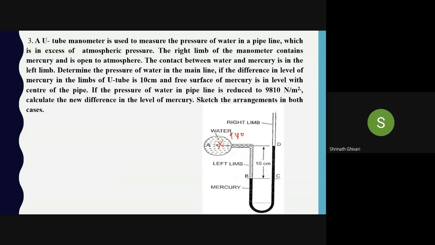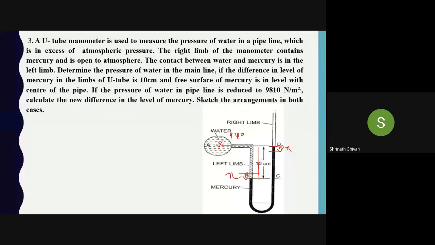If I say that when I reduce the pressure here, there will be an x distance rise in the mercury here, and there is an x distance fall in the mercury level here. The same amount of rise and fall will be there, na? Right? The same amount of rise and fall will be there, right? Yes, sir. See, so if the same amount of rise and fall is there, this is 10 centimeter. This is 10 centimeter, right?